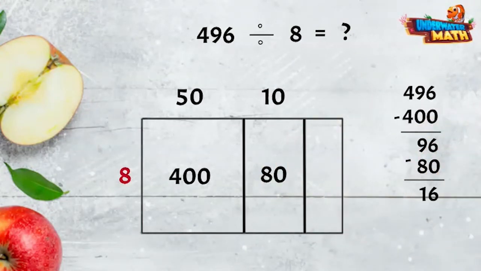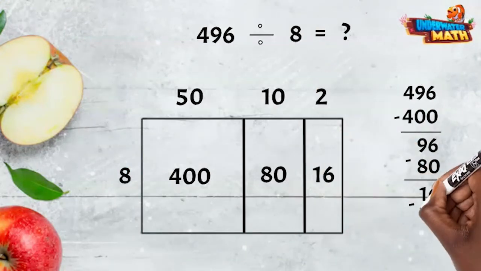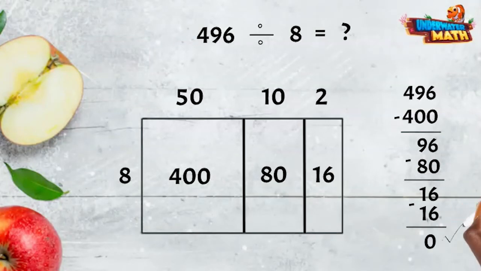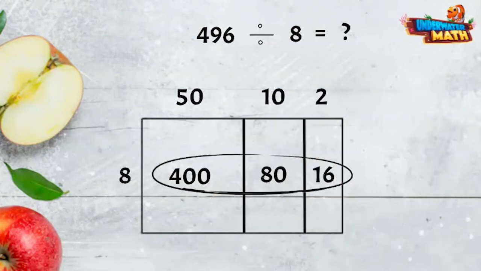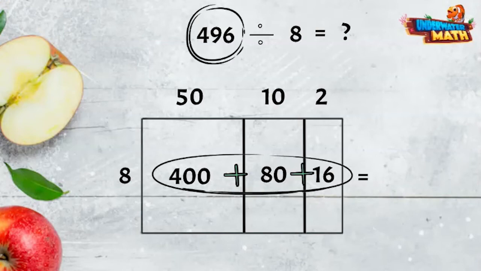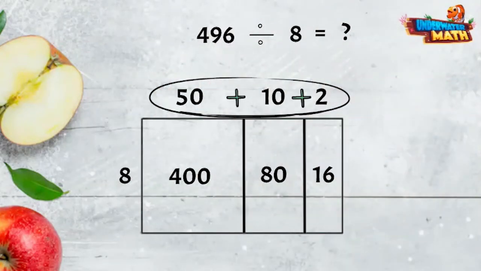And 8 goes into 16 two times. Since I have nothing left over in my dividend, I know I am finished. To double check, I can add the numbers inside the model to make sure they add up to 496. Finally, to find our missing quotient, we can simply add these numbers together to make a final count of 62